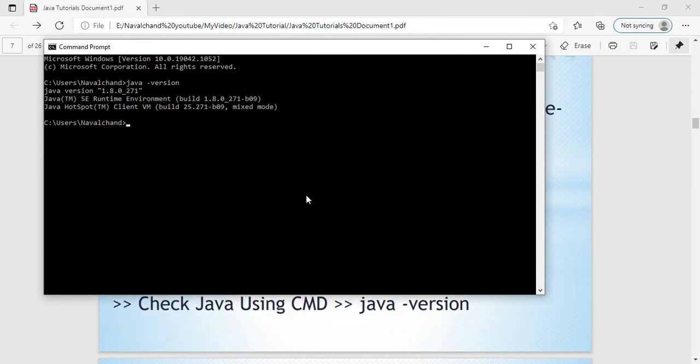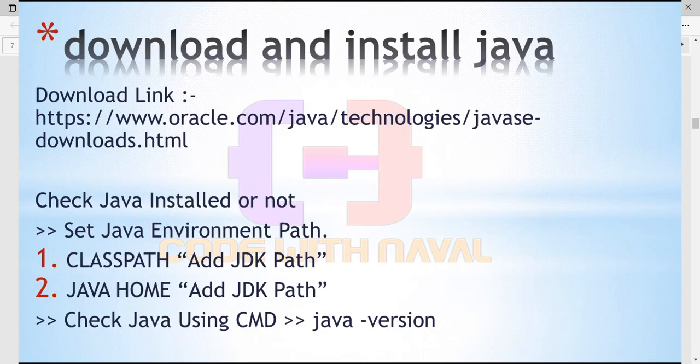Once you set the environment variable path, you can run this command anywhere and get the Java version. That means your environment variable is set and your Java installation is done successfully.